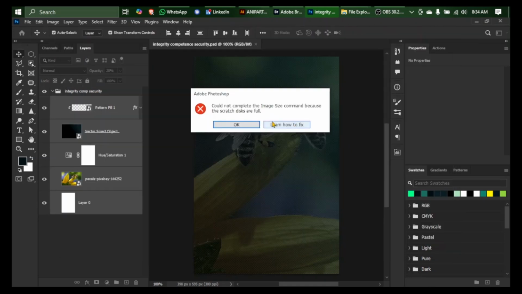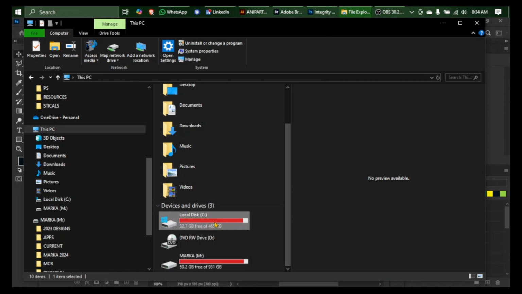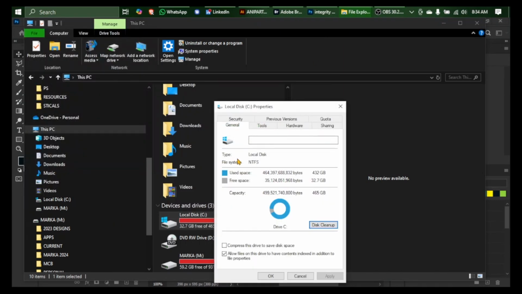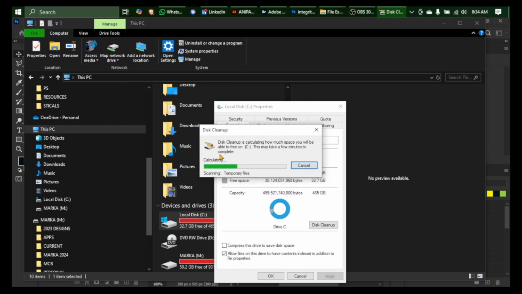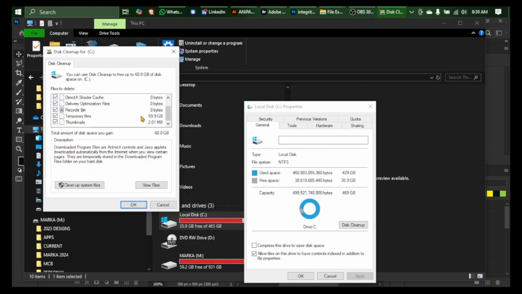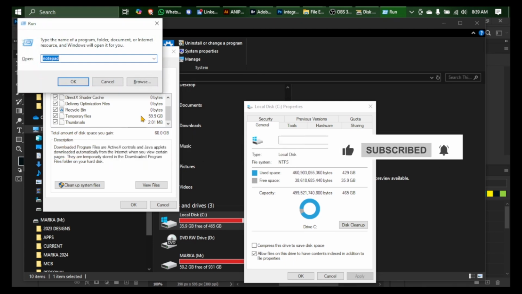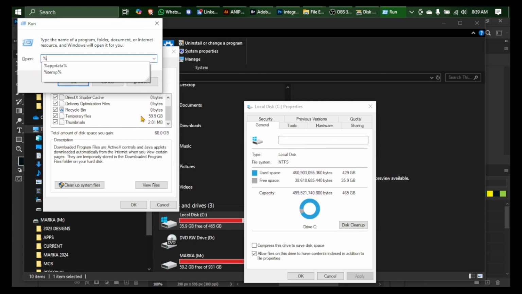Okay, but for instance, now you've tried the disk method, properties, disk cleanup, and then checking the temporary files, you see that it's not cleaning up. All you can do is just go to the temporary folder file itself by hitting on run on your system, maybe Windows R, and the run command comes up. You just type in like so, %temp% in front, and it will load up to this folder you see,